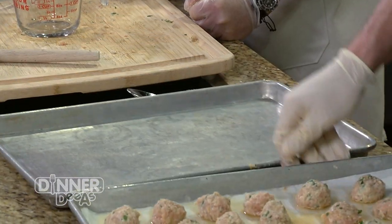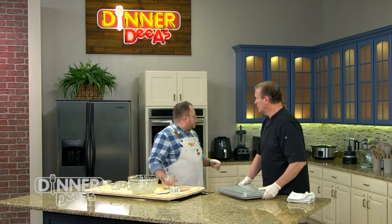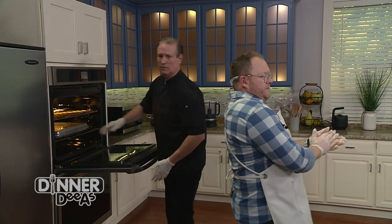So we'll do that, and then you take another sheet that goes over the top, so you steam them. You don't want them brown. You're steaming them that way, creating that nice little barrier. All right, so what's next with these? The oven. You can open it for me? I will certainly add it. We have it on 375 all ready to go. Perfect. And you're gonna cook them to